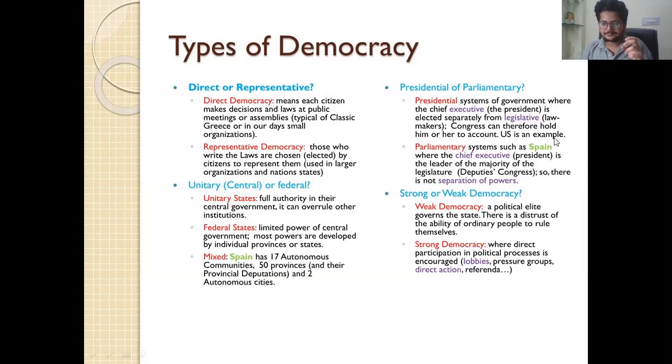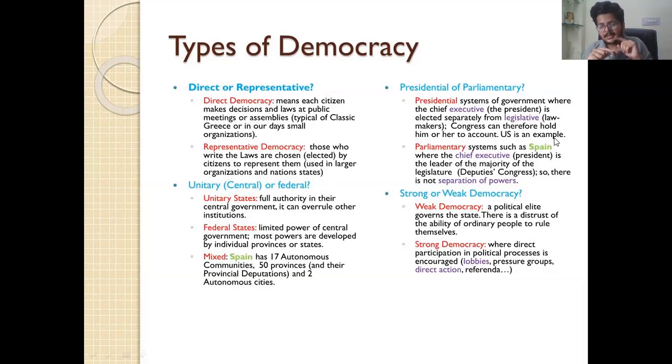Like, we have an election for the legislative body in our country also, the members of parliament. We have general elections in which they are elected to the parliament. So we have one election only for our prime minister also, who has the real powers and is the head of the government.